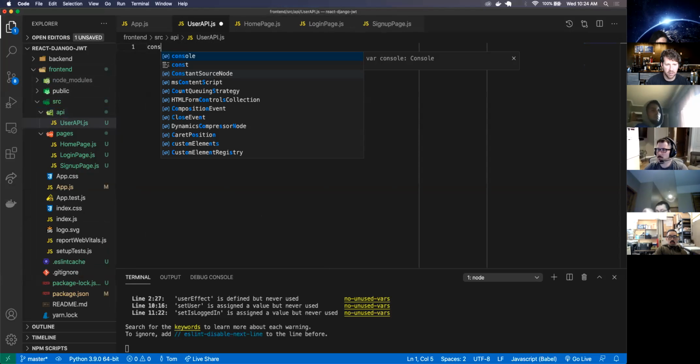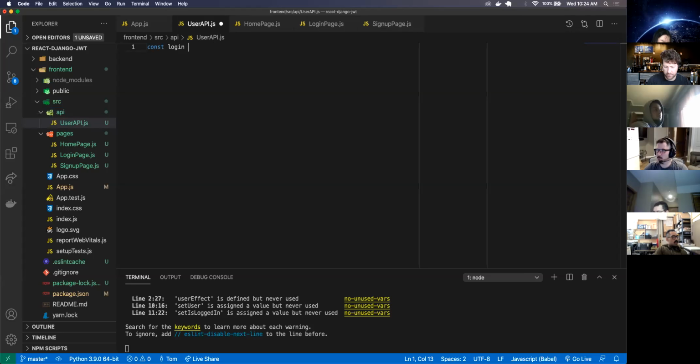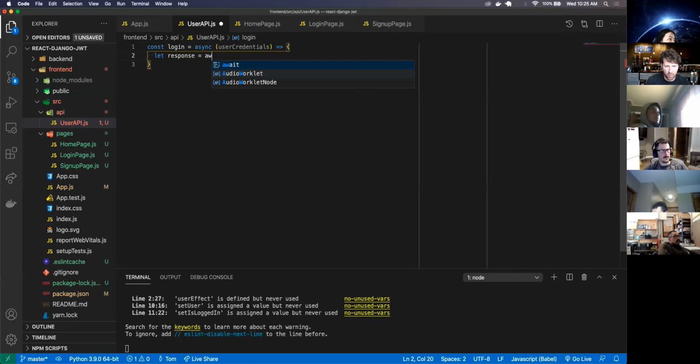So I can do const login. It's going to take in the user's credentials, or a user object, which will be the username and password. And this is where I'll return. Should I do async await, or what do you want to do? Let's do async await. Oh, that's in the wrong spot. Async. And then we can say let response equals await fetch, and then in here,